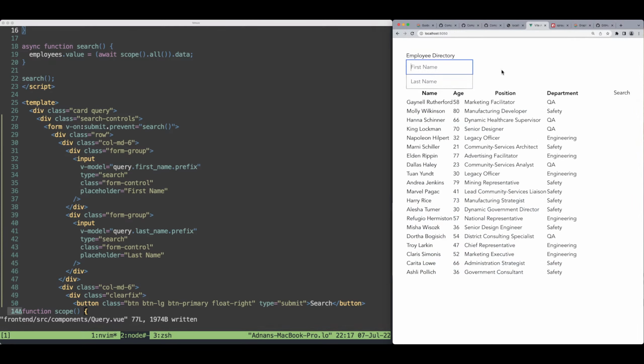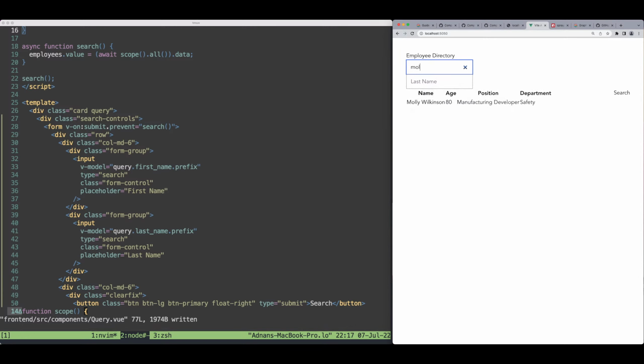So I could type in, for example, MOL, enter. There we go. Gay, enter. Cool. Last name, Ali, Al. Oh, well, the search button's here, which is odd. But that's just because I have no